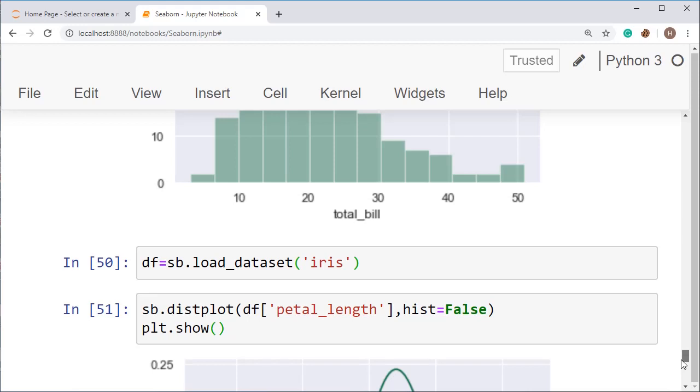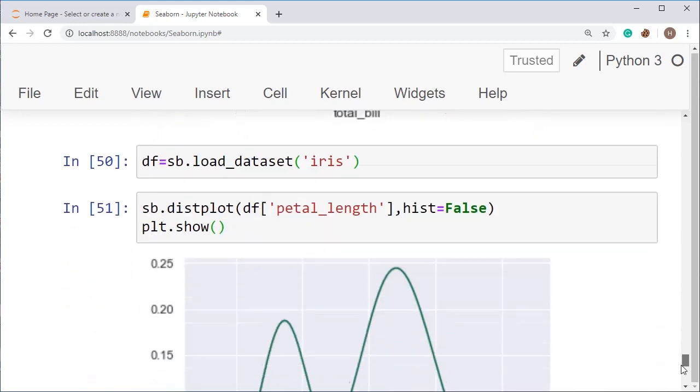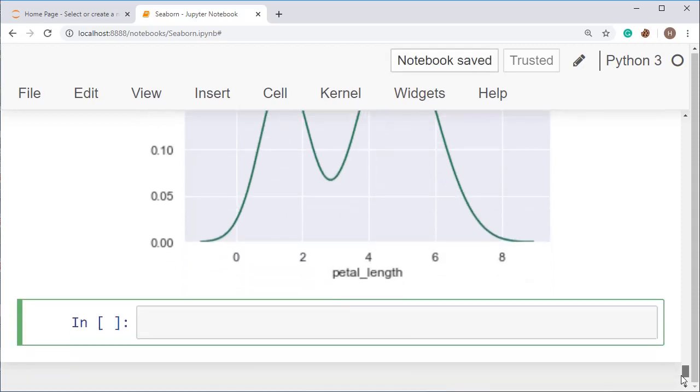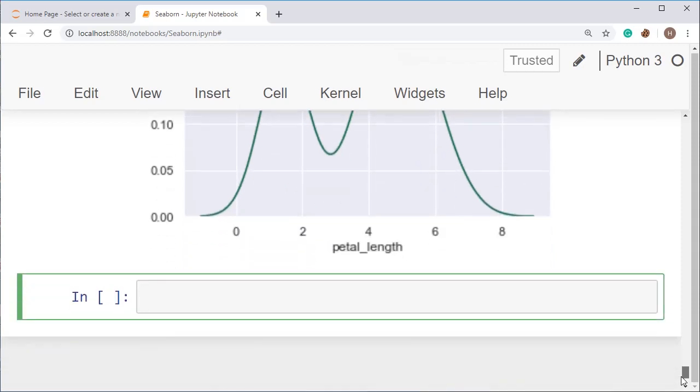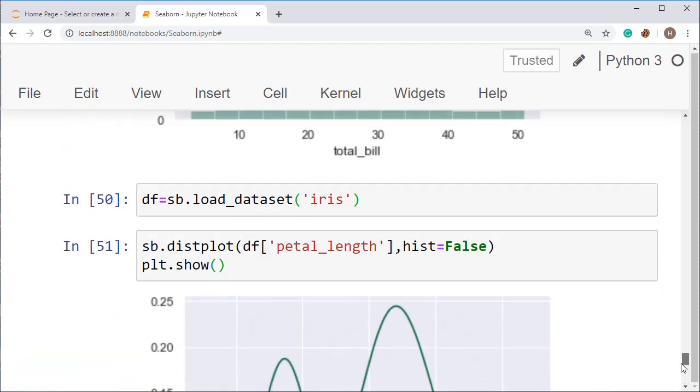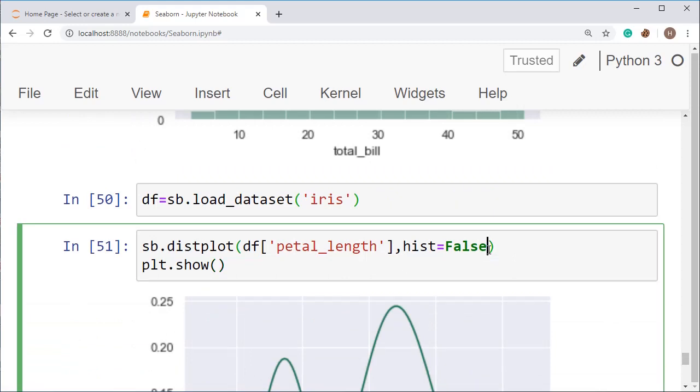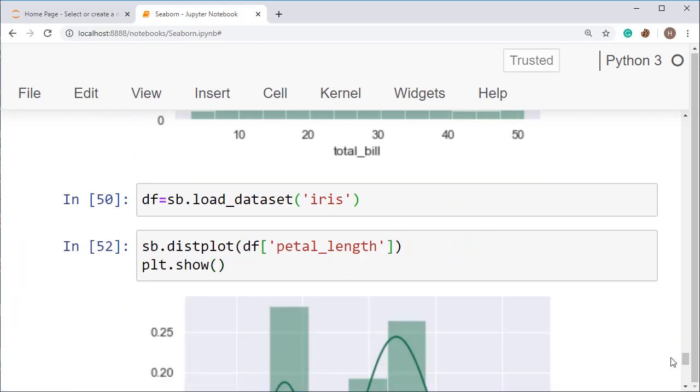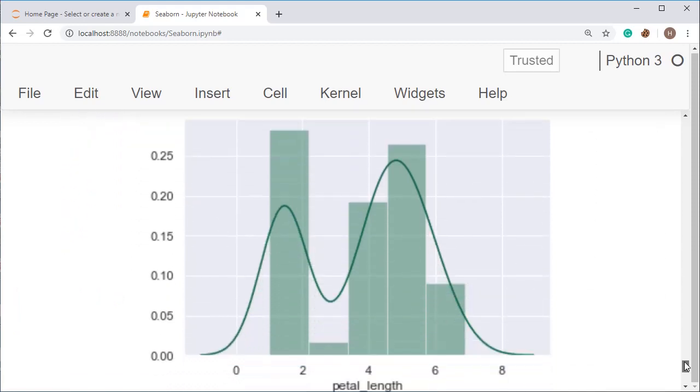We have seen the histogram here and KDE here. Now I want both the things in one graph, so just remove this. Automatically both will get true and you will get the value like this.